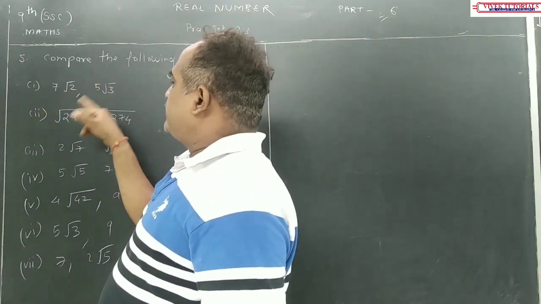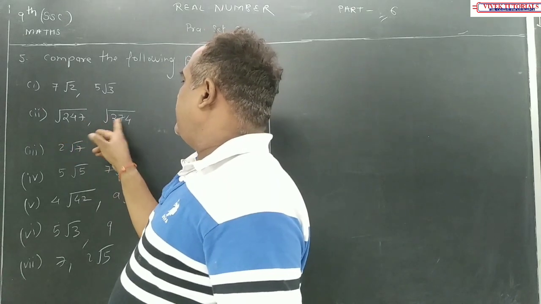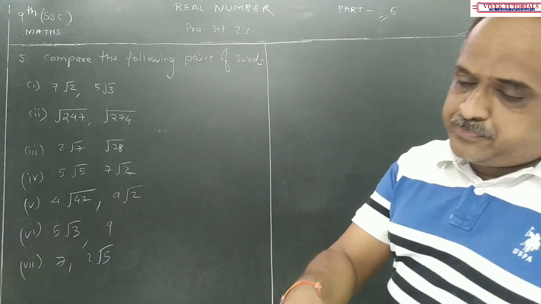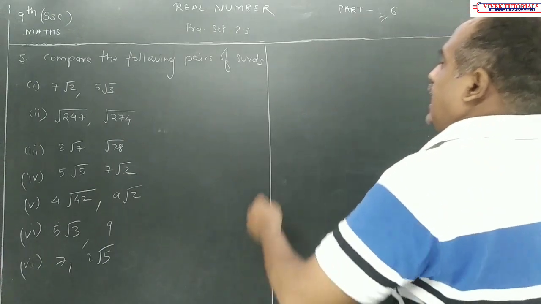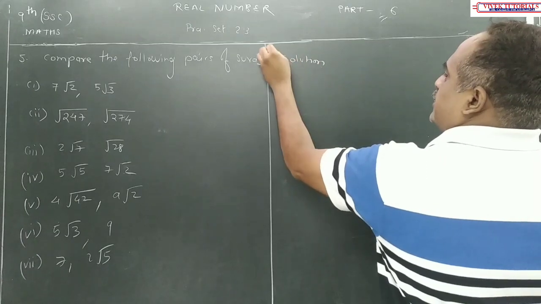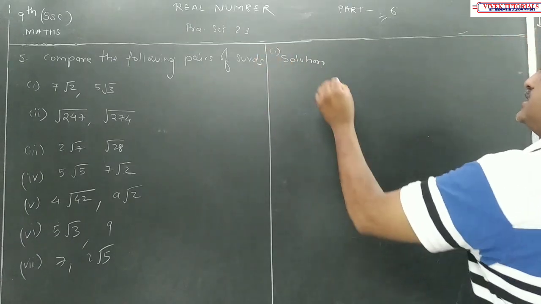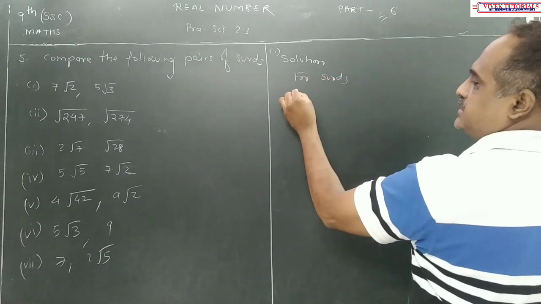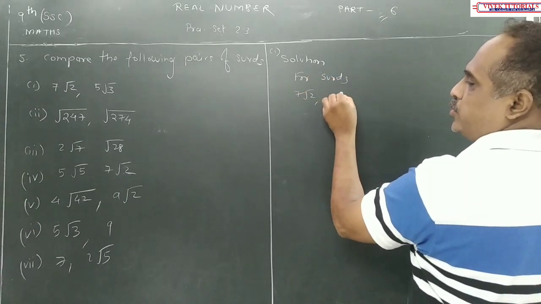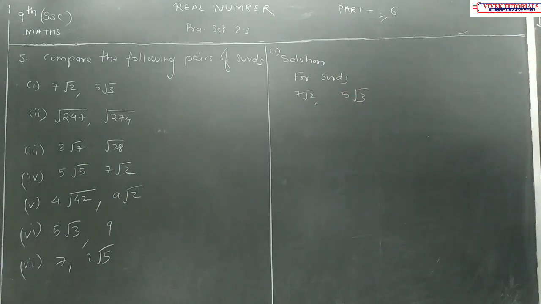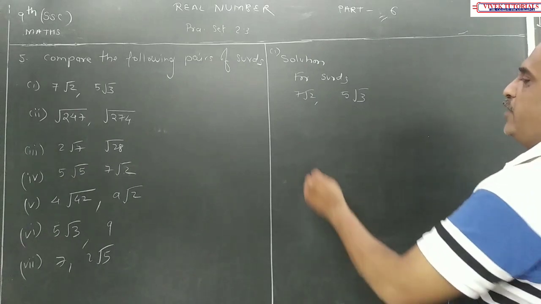7 root 2, 5 root 3, 247 and 274. All these we have to compare. Okay. So solution for this, for surds with surds 7 root 2 and 5 root 3. These both of them are mixed surds, and to compare they must be simple. Therefore what I will do,